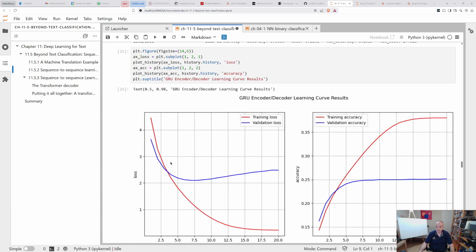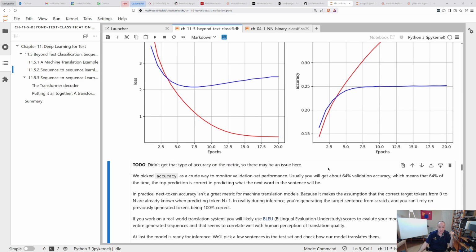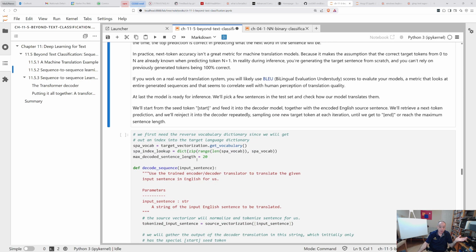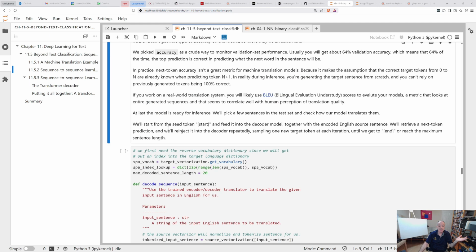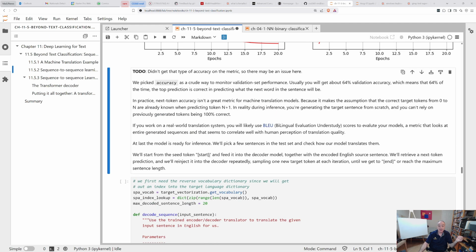So yes, that's what I'm getting after 20 epochs without any dropout. Maybe it's kind of on the edge of overfitting, but I would like to drive that down more and see if we can get the validation loss to go down. So, anyway, if we want to try this out, we basically have to use